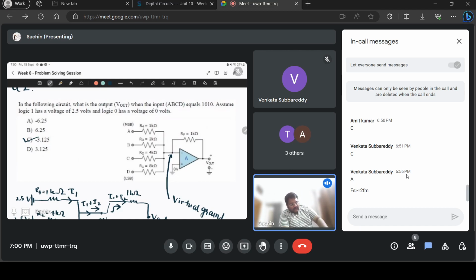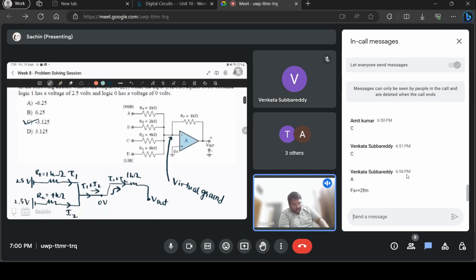And since the plus voltage is connected to ground, your minus voltage will also go to 0. The op-amp will forcefully bring it to 0, and once that is 0,